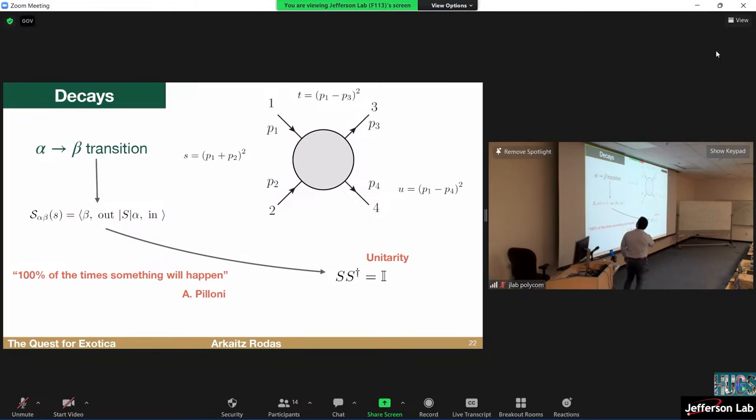Okay. So we're going to define a transition amplitude. So this is going to be the S matrix. This is what I care about the most. Let's say that I have a system alpha in the initial state. I don't know what alpha is, but I know it's in the initial state. And then I have some collection of particles in the final state called beta. In the asymptotic time where they no longer interact, I collected some beta particles in my detector. So the transition from alpha initial state to beta, sandwiched between this S function, is called the S matrix, which is going to encode everything that is happening for alpha to become beta.